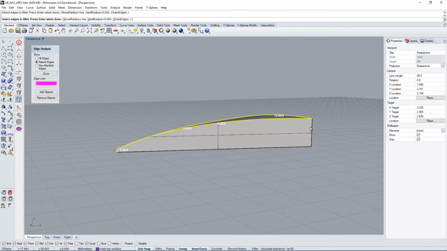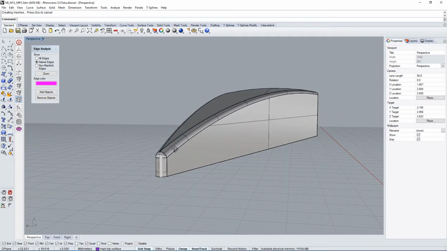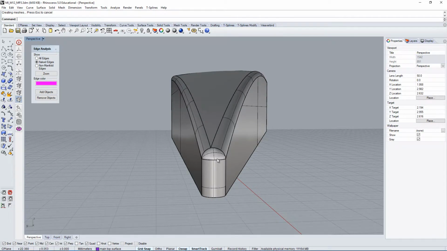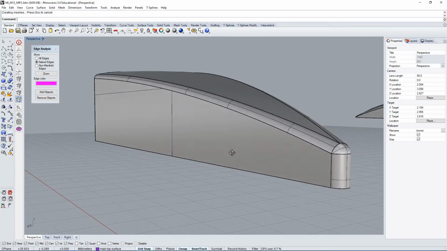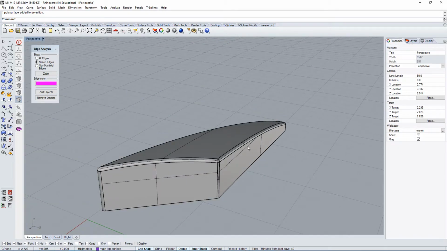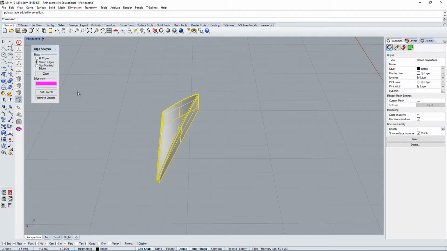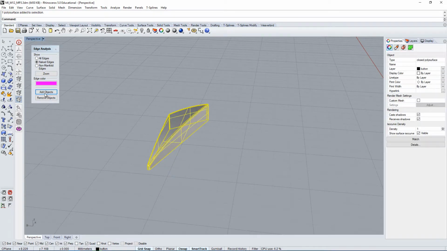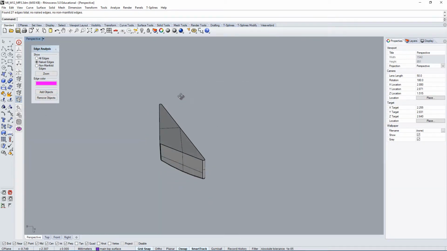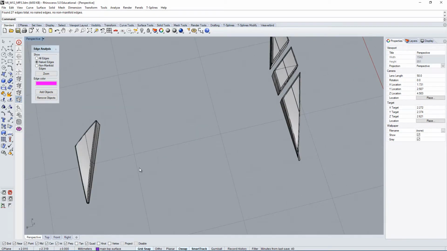Now if you're going to do that, you might as well just select this edge and this edge. And now you get something really smooth with some really nice transitional surfaces here. Now this one is not ideal up here, but it should do the job. It's such a small detail that it shouldn't be a problem. The main thing I would watch out for is whether you have a naked edge or not, and in this case you do not have a naked edge, which means this model is nice and clean. So that's what I would recommend for this specific model.